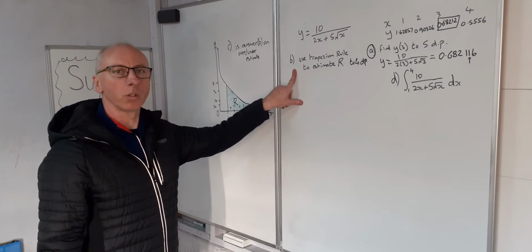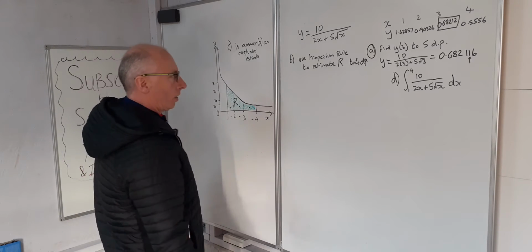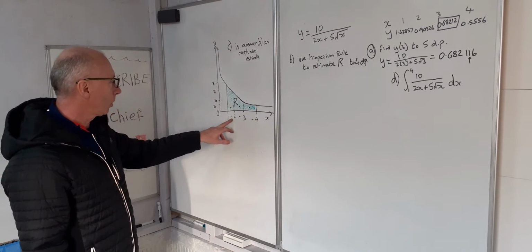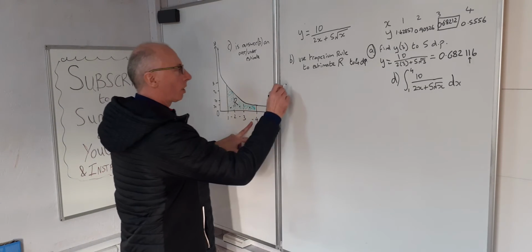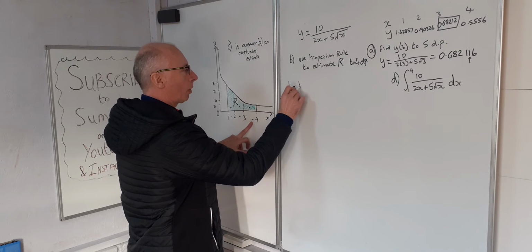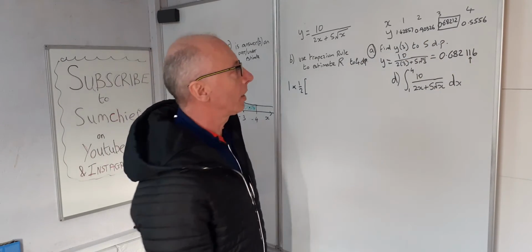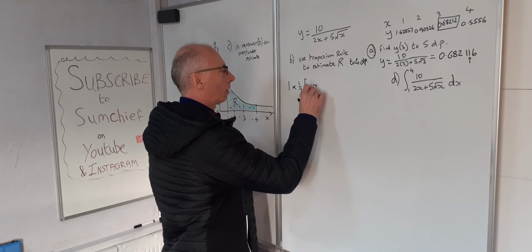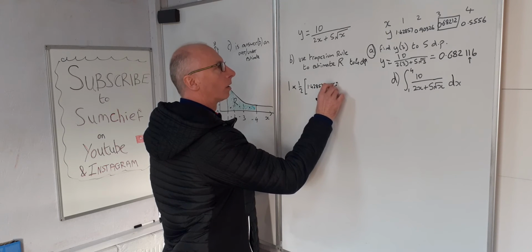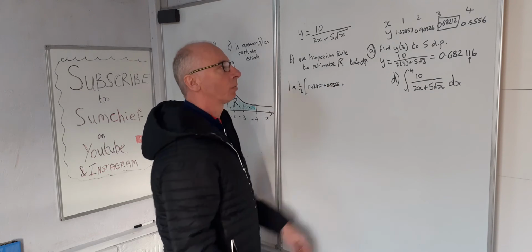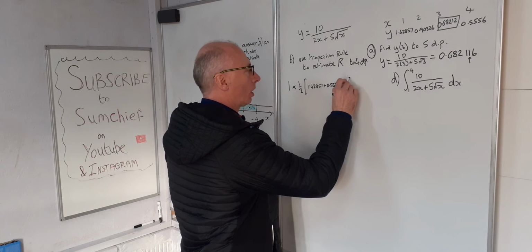Okay, B. Use the trapezium rule to estimate r to 4 decimal places. So to use the trapezium rule, first of all we want to know what the gaps are between each of the values. Well, that's just 1. So we multiply that by 1 and then we multiply by a half times first value and the last value added together. And then the middle 2 numbers, we need to add them together and then double it. So that's 2 times